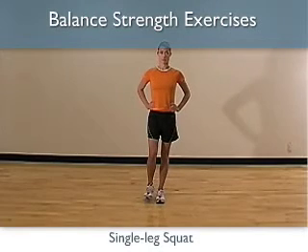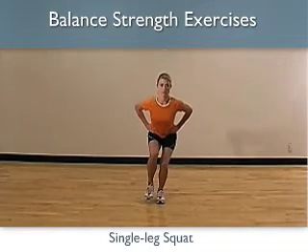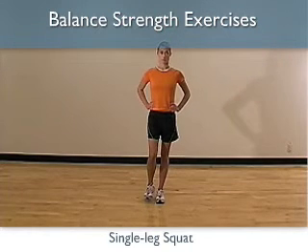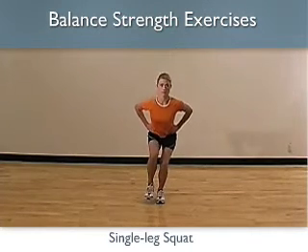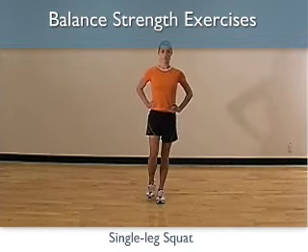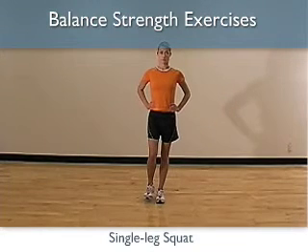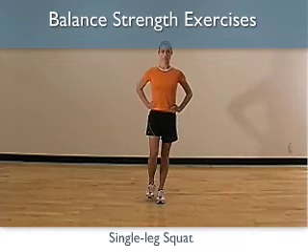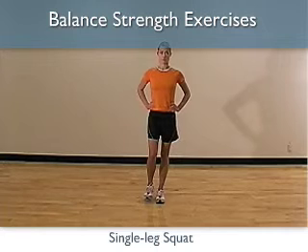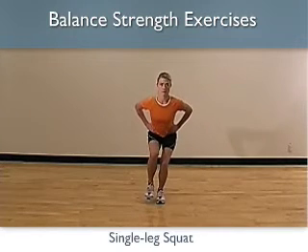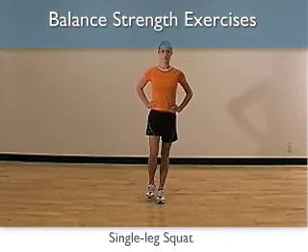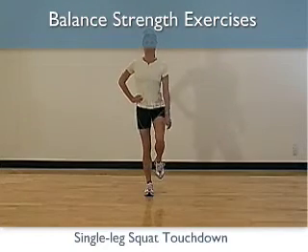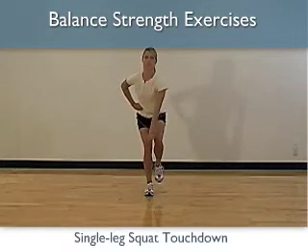The first example exercise in the balance strength series is a single leg squat. With this exercise, it will be very important that the knee tracks in line with the toe. Make sure the individual stands completely upright at the top of the movement and contracts their gluteals. Also make sure the individual is sitting back during the eccentric portion of the movement, like they were sitting in a chair. This ensures proper mechanics between the ankle, knee, and hip, as well as proper control of one's center of gravity.